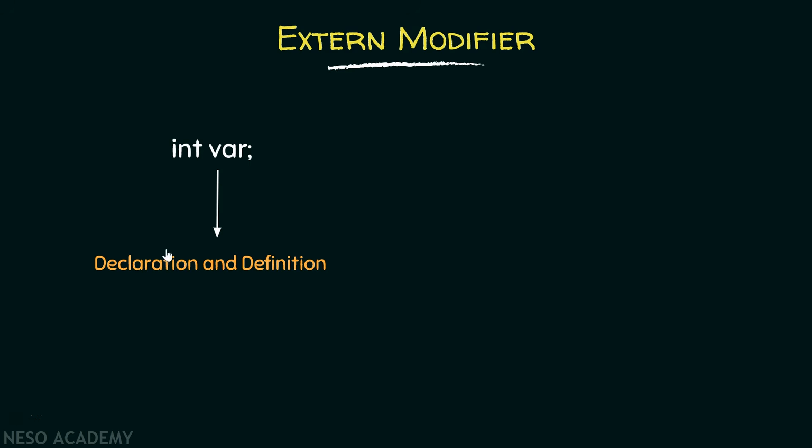Declaration simply means that you're declaring to the compiler that this variable is of some type. It has its type as integer in this case. And when we say definition, we mean that we are asking the compiler, please allocate memory to this variable. On the other hand, if we write extern int var, it simply means declaration only and not definition. It says to the compiler that this is a variable of some integer data type, but please don't allocate any memory to it. Now why do we do so?